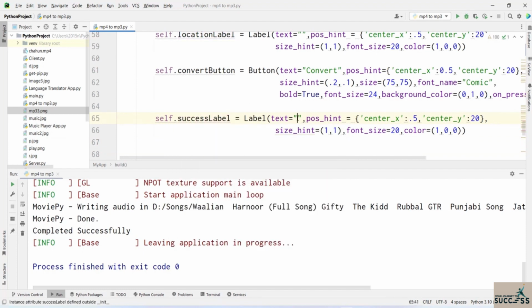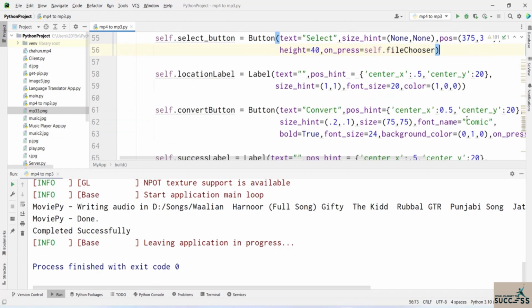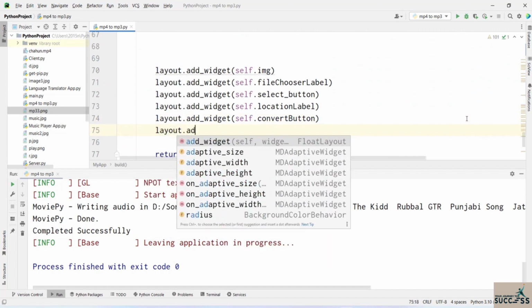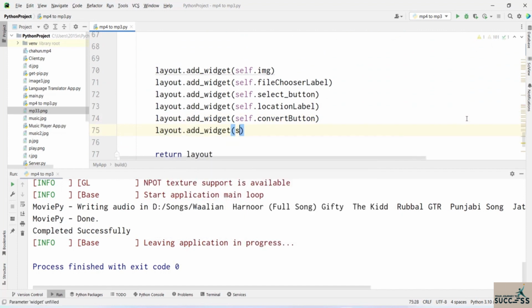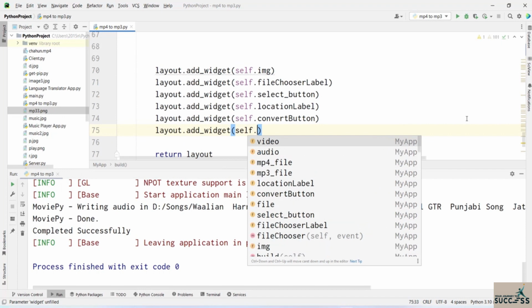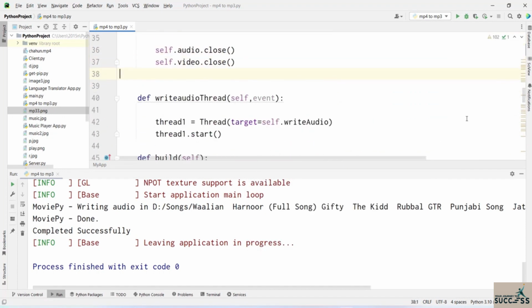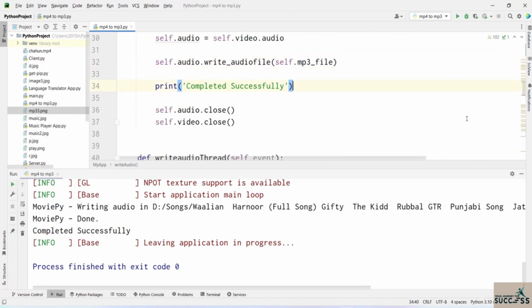Okay, so the text on it will be nothing, and at this moment it will be at this position. Now, first of all, let me just add it to my layout. So layout.add_widget(self.success_label). And now right in here, once it has successfully completed it, then what I'm going to do is